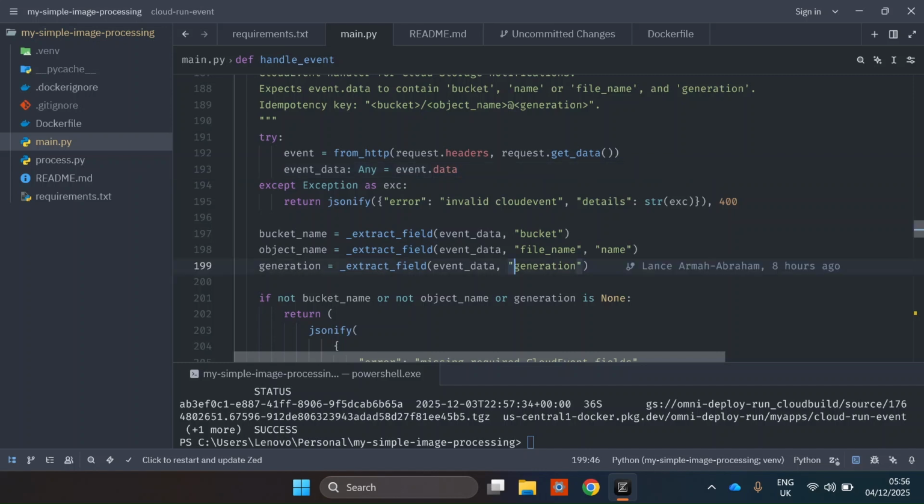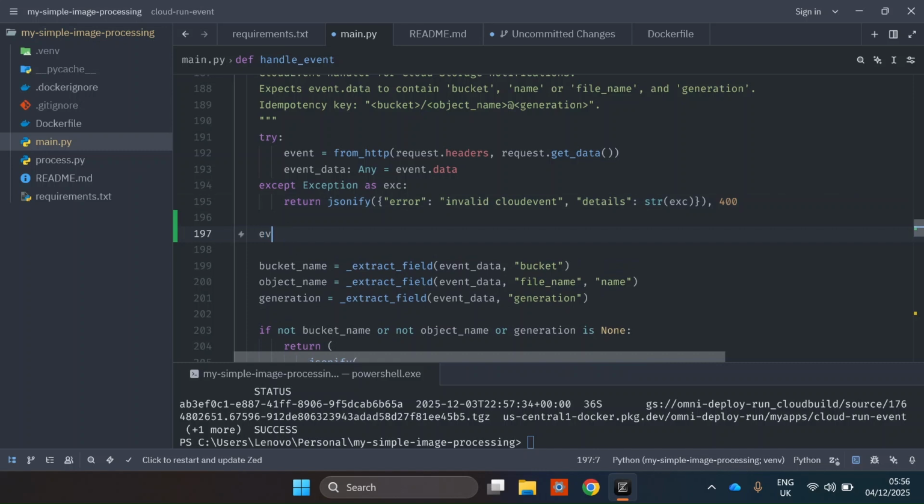So we are getting the generation. The generation is basically a unique floating number that will be generated for your file. So for the same file, even if you receive the event multiple times, or for the same operation, if you upload a file for that same operation, the generation will consistently be the same. So we can depend on that generation to create a unique key for the operation to make sure that we have idempotency. Another option is you can just use the event.id as your idempotent key, because Google will basically attach